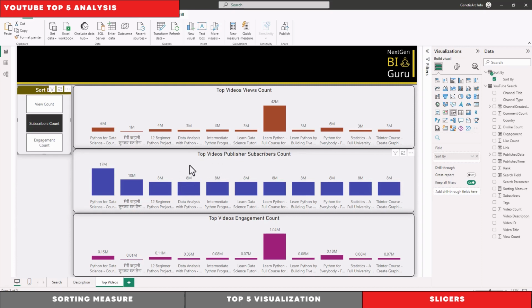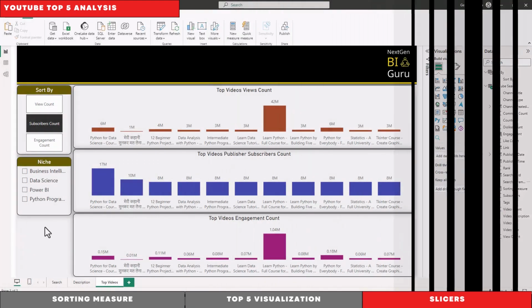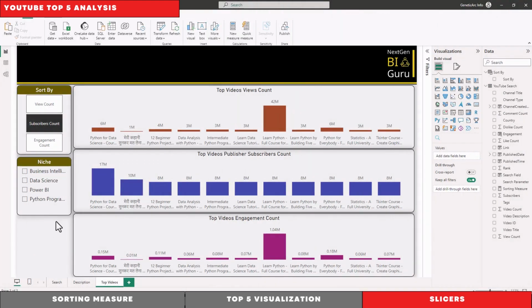So now let's add one more slicer. Use the default slicer again, and we'll feed to it the search parameter based on the niches we have created. So let's format it the same way. So this is after formatting. We don't have to play with the slicer settings.